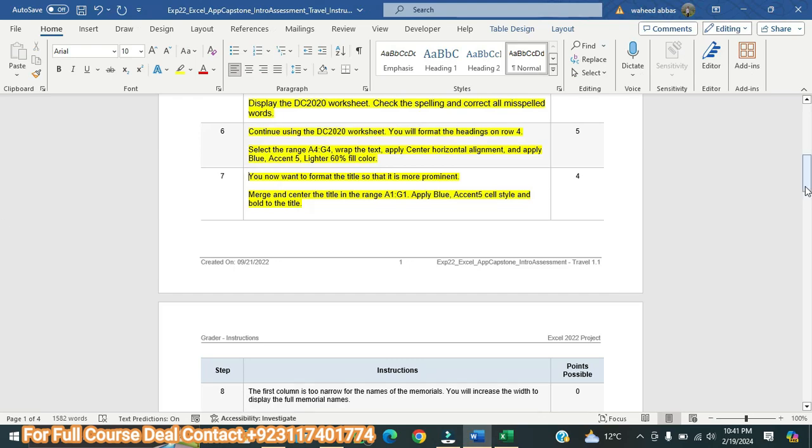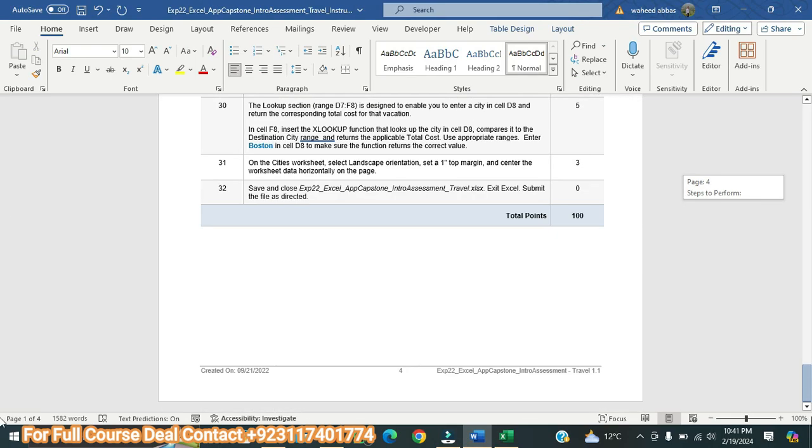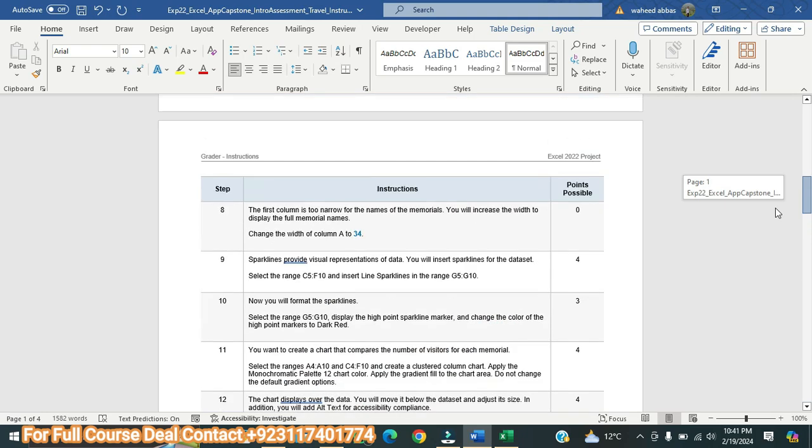So I have completed 7 steps for you. Next we will move to page number 2. Page number 2, it is saying